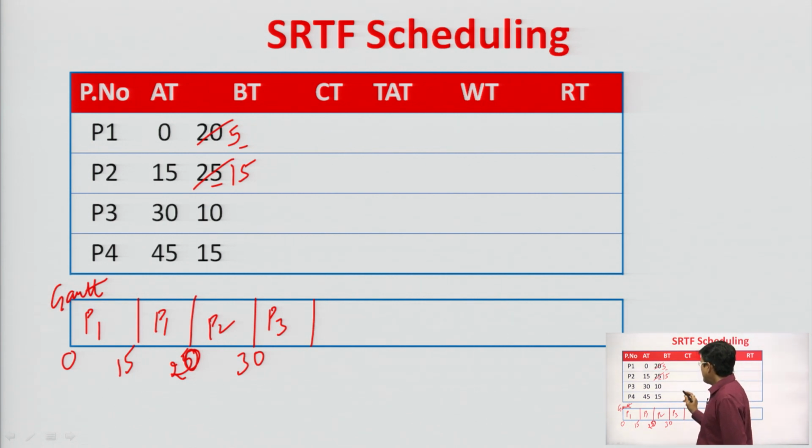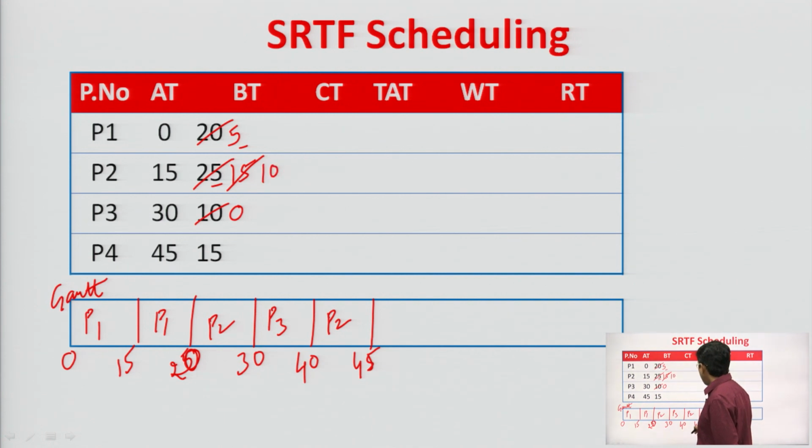Let us allocate this P3 process at least up to its completion or up to 45 time. Since it has only burst time 10, it can run up to 40 time only and will finish. So, the remaining burst time for the P3 process will be 0. Again at 40 time I have only one process, that is P2. So, let us allocate the CPU back to the P2 process. If we allocate it up to 45, because at 45 the new process P4 is arriving, it will have the remaining burst time as